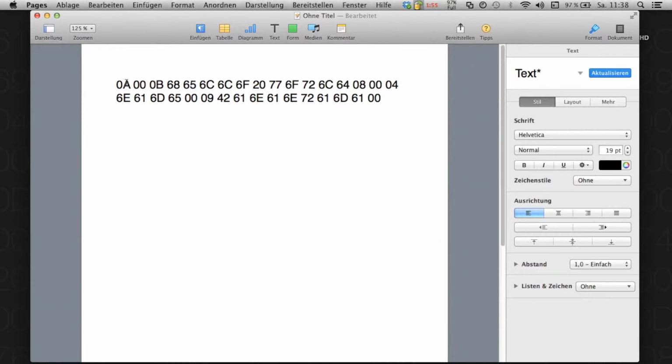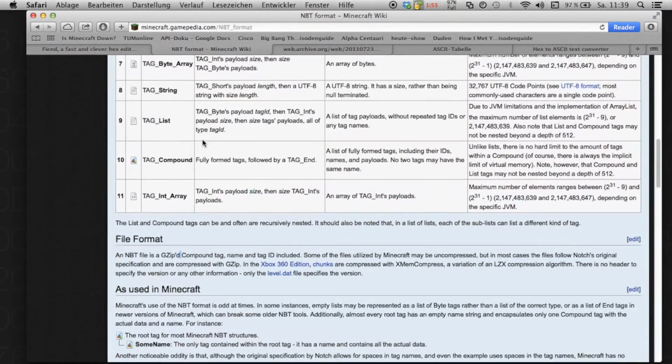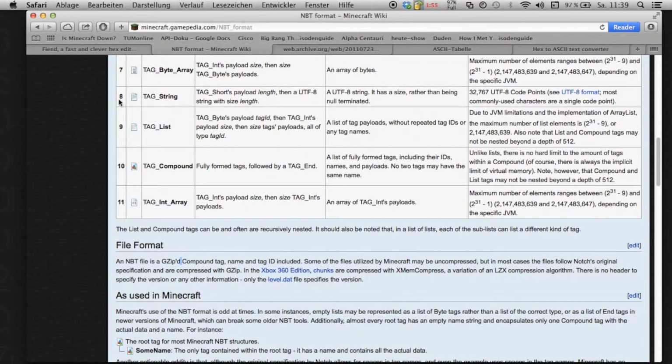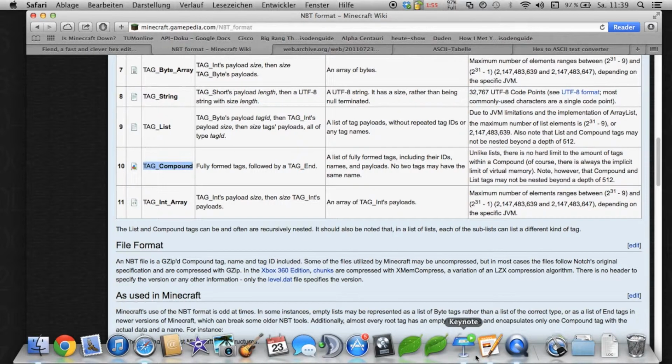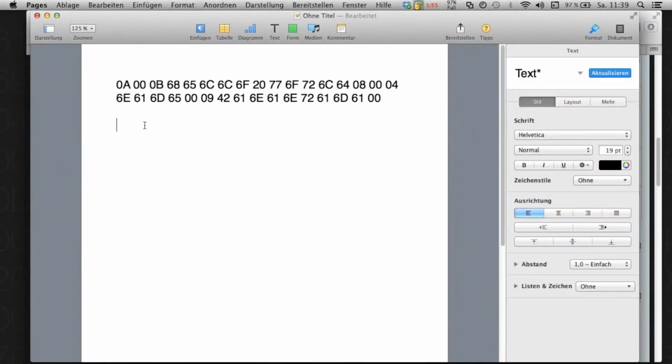So as we read on the Minecraft wiki, the first byte is the ID of the tag. So 0A is in decimal 10, so we look up at the table. The tag with the ID 10 is tag compound. So the root tag is a tag compound tag. So just paste it in and make it smaller. Okay, so we know we have a tag compound tag,